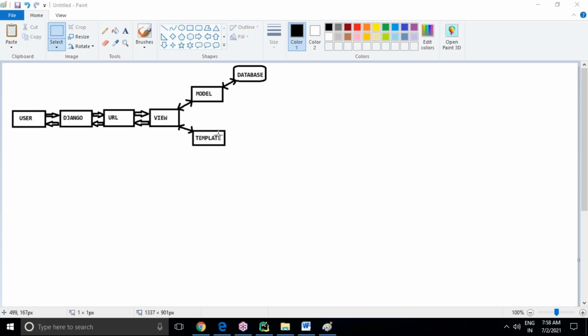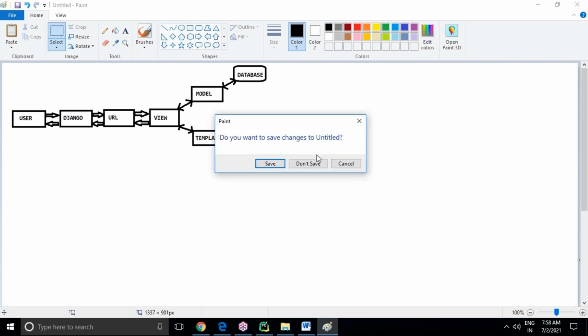In coming sessions, we'll discuss templates. You will interact with the user interface, like a template, sending a request; that request goes to the Django URL, then the relevant view function is called, and the response is also displayed in the template. Later we will slowly include models. We'll prepare the database, bring the data and display it in the template using views only. So views are mandatory and fixed. Without a view you can't do anything. That's for sure.